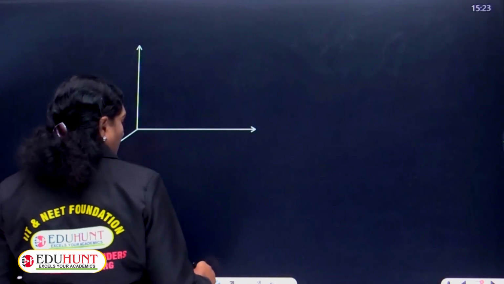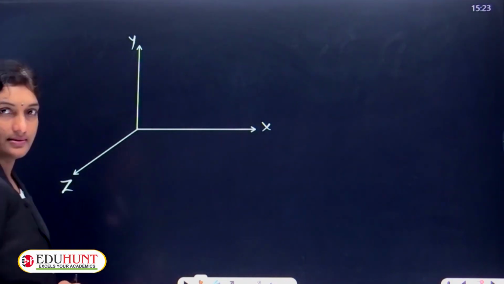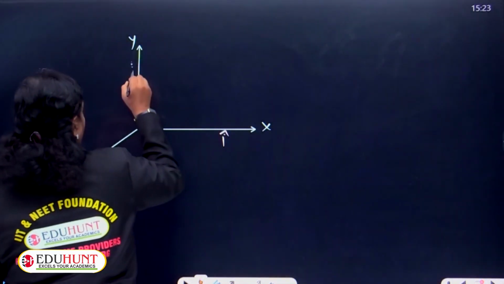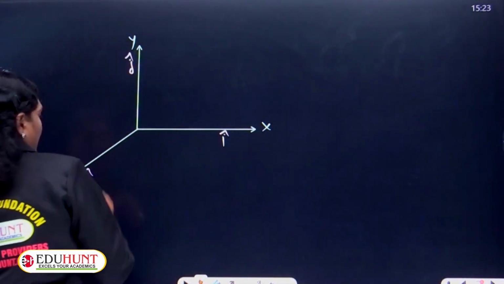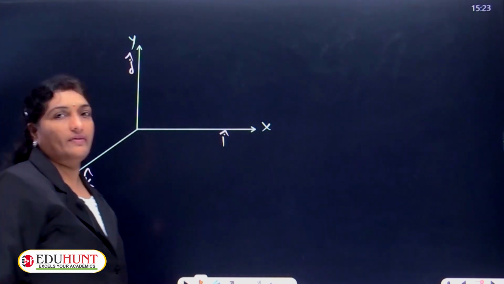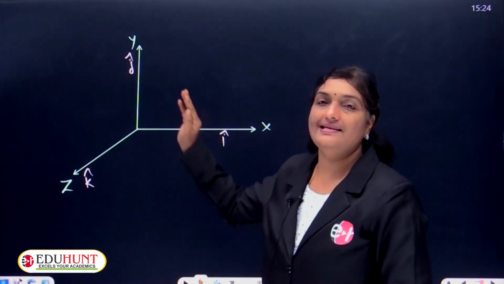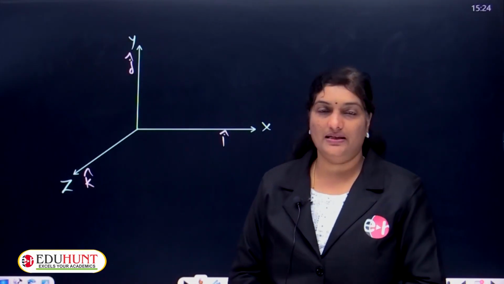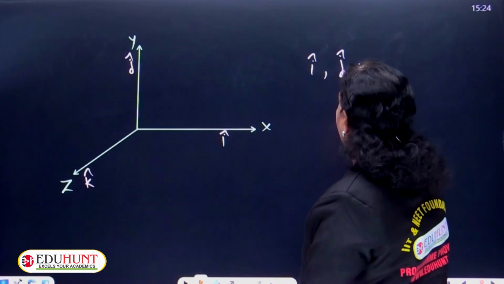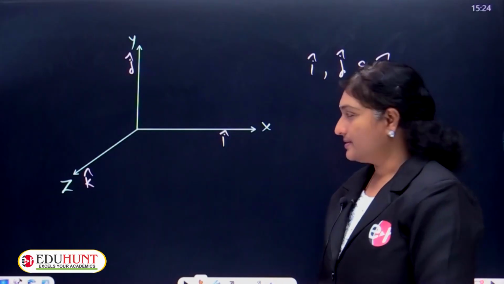Consider three mutually perpendicular axes: the x-axis, y-axis and z-axis. Unit vectors i cap, j cap, k cap represent the orthogonal unit vectors. i cap, j cap and k cap lie along the x-axis, y-axis and z-axis respectively. So these vectors i cap, j cap and k cap are called orthogonal unit vectors, and always remember